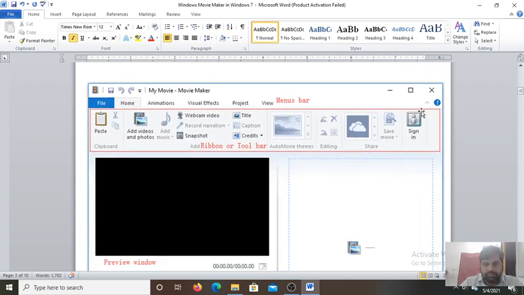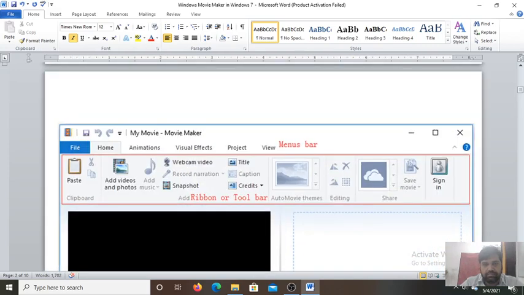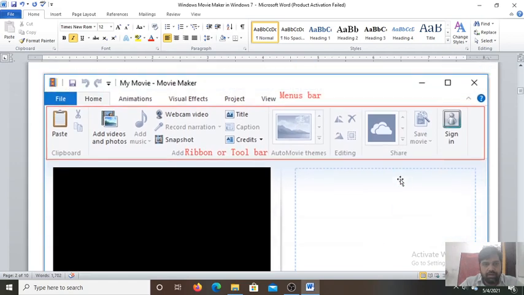Okay, so this is the close button. Now this is the movie maker button. Here you find the movie maker button. These are the different tabs: file tab, home tab, animation, visual effects, project, view. This is also called the tabs, and you can also see the menu bar.